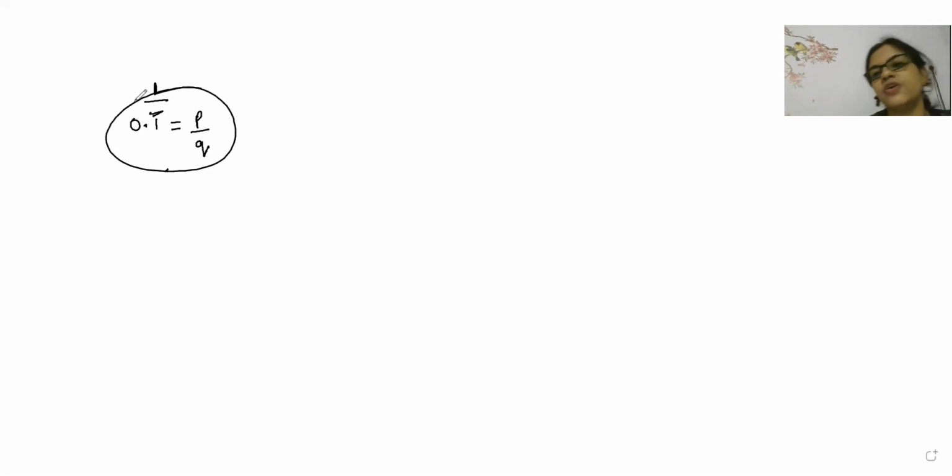Last class we discussed how to find 0.1 bar and convert it into p by q form. We have already discussed it, but one more time I'm explaining how to convert it into p by q form. First, the long division method. Look here, beta, one process is there. That process I'm going to explain.